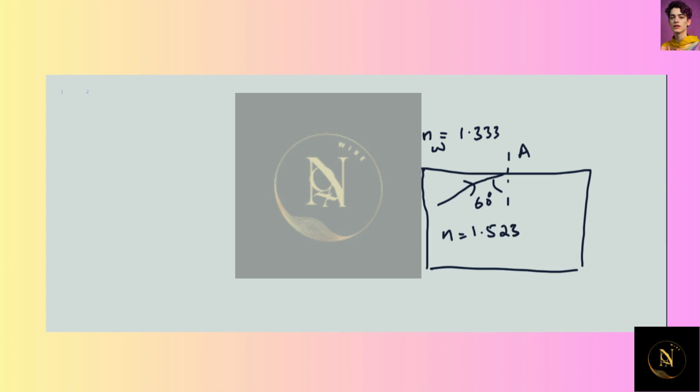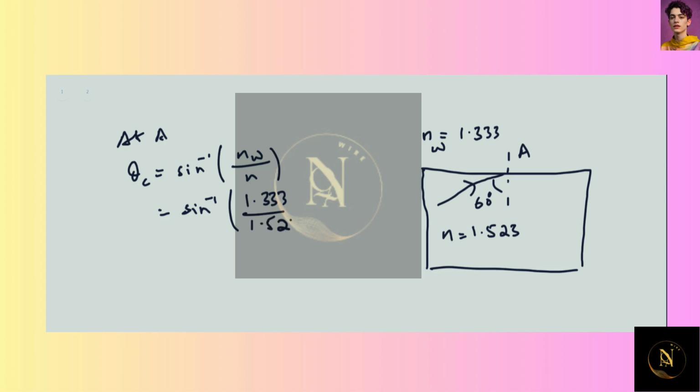1.523. So now at A, we can find that the critical angle is equal to sine inverse of the refractive index of water divided by the refractive index of the crown glass. So that's going to be equal to sine inverse of 1.333 divided by 1.523, and that is equal to 61.1 degrees. Now, since the angle